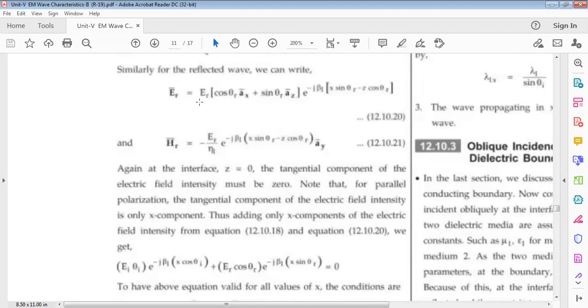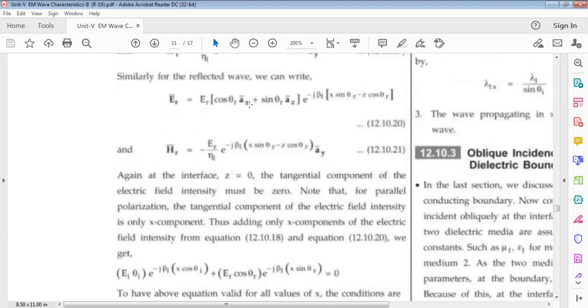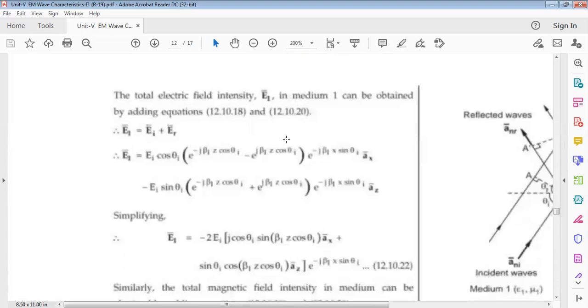So ER bar is equal to minus EI, and theta r is changed to theta. Then we can add the terms, and it is all in terms of EI and cos theta only. Simplify the function, E1 bar is equal to